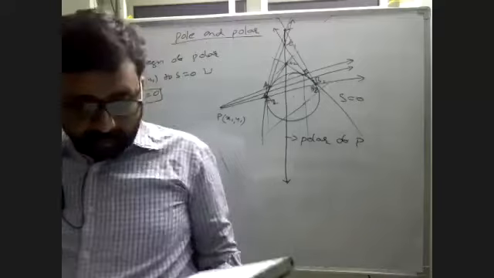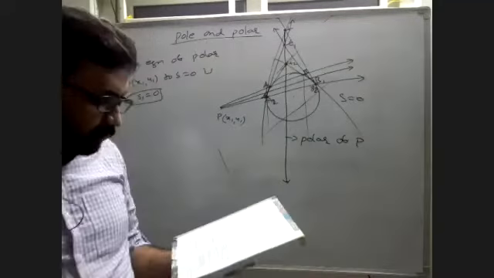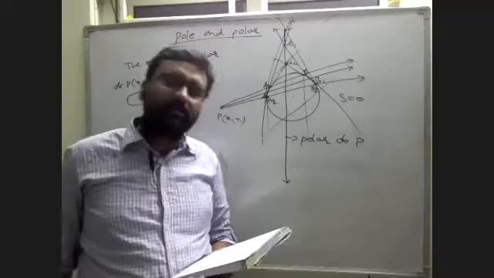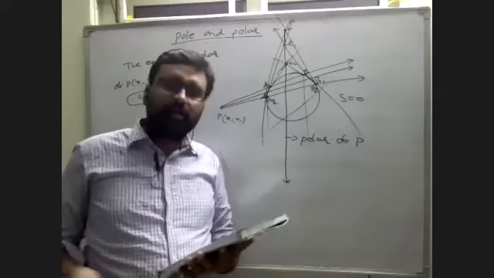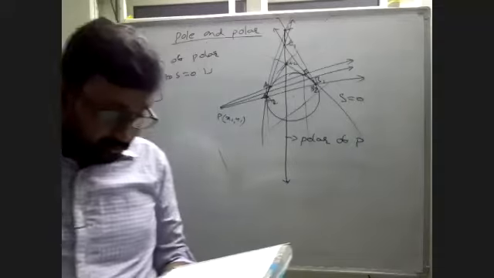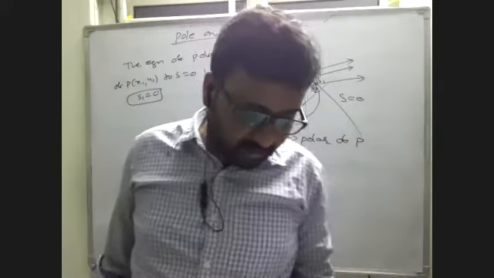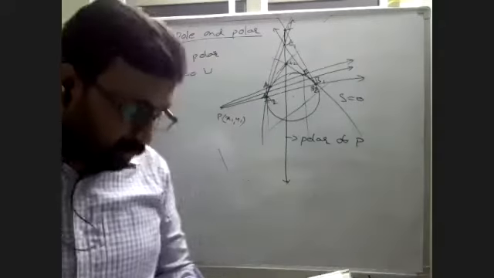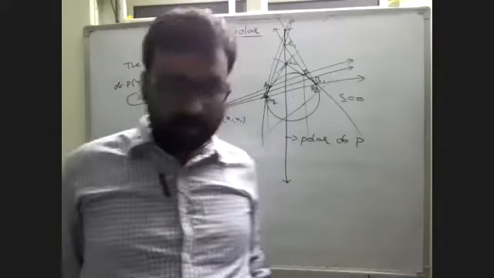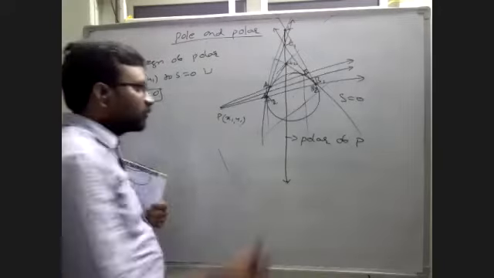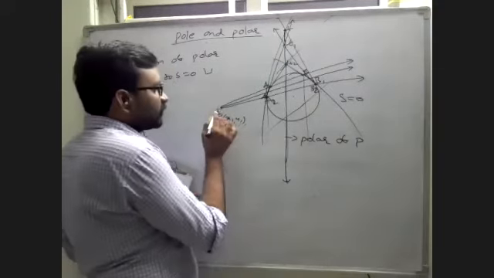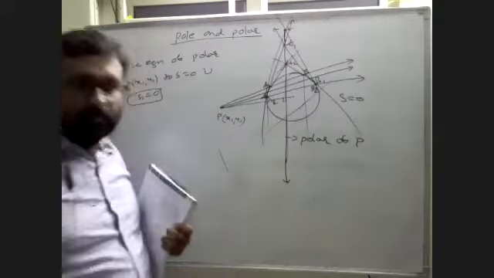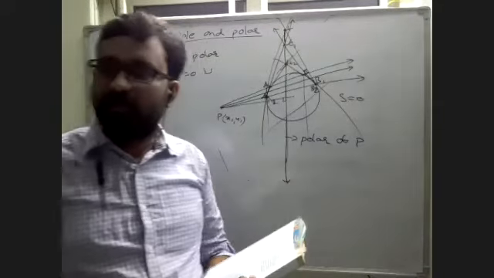The polar of the center of the circle with respect to the same circle: if you take the point outside, inside, or on the circle, there is a polar, but if the point is the center, then there is no polar. That is the fourth point. And the pole of a diameter does not exist, because it passes through the center. And the polar is perpendicular to the line joining the center and the pole. If you join P and C, this is clearly perpendicular. The polar is perpendicular to the line joining the center and the pole.